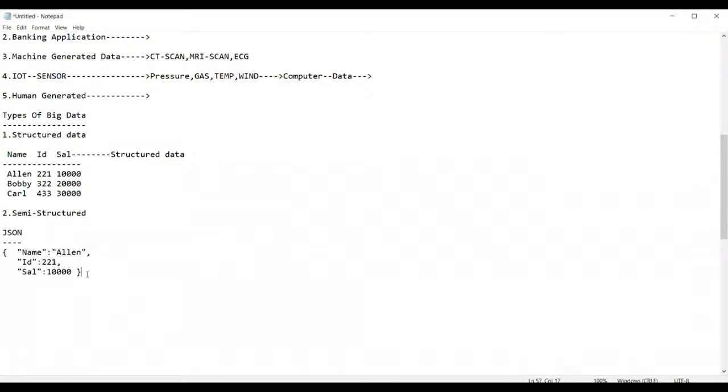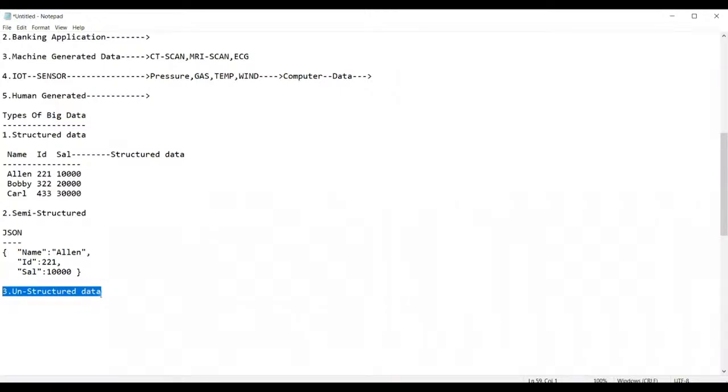And now finally, the third one is called unstructured data. Unstructured data is basically data with no particular structure, such as the photos in your mobile phone, the videos, the chat history, and the voice notes.